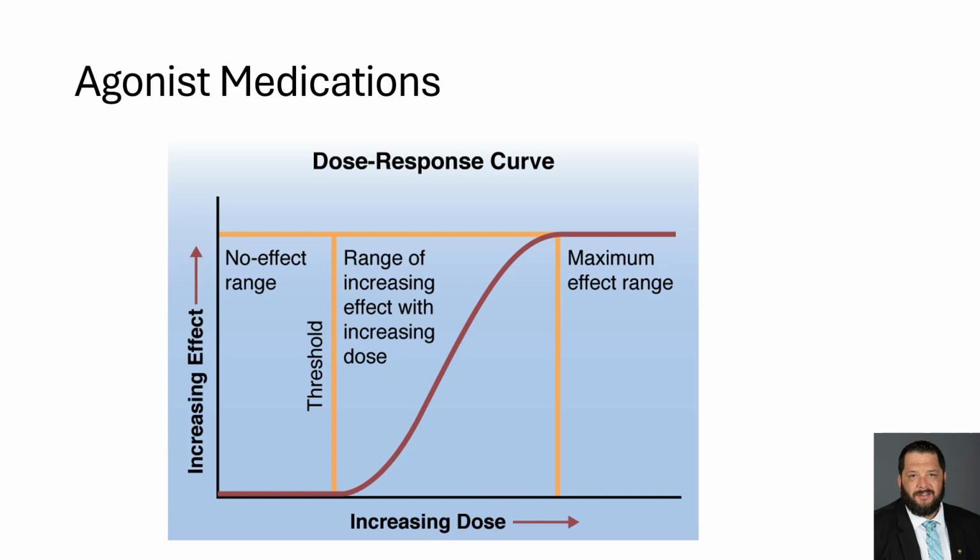Agonist and antagonist medications both will have a dose-response curve. And the dose-response curve is important for you to understand while you're administering medications, because not only does it determine the amount of medication you need to give to reach that therapeutic window, the window in which we describe the patient as experiencing the intended effects of the medication, but how long they exist within that therapeutic window is also driven by factors including age and metabolic rate, and may determine the need for us to redose that medication at a